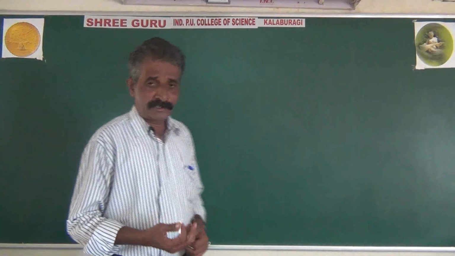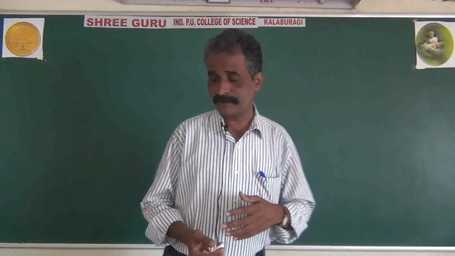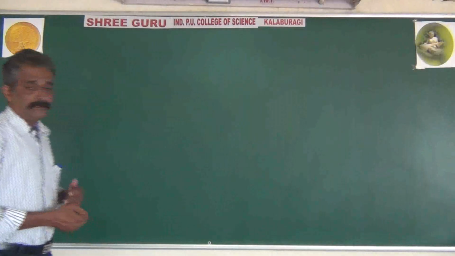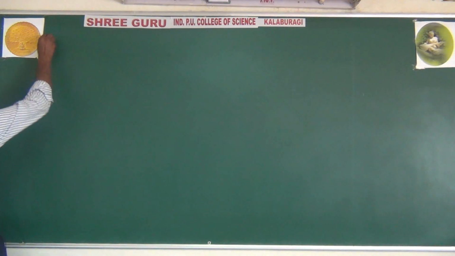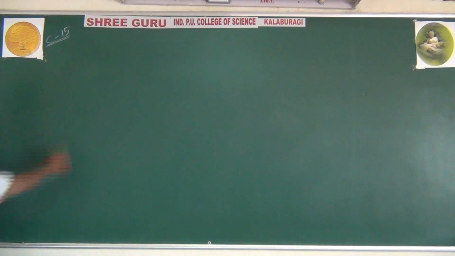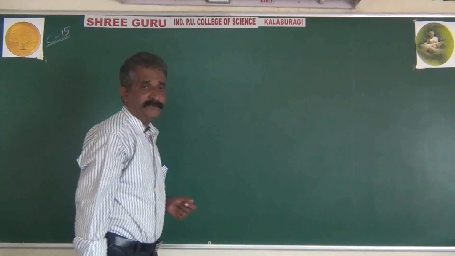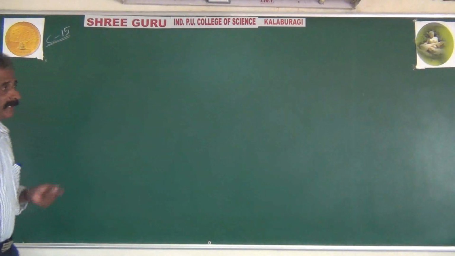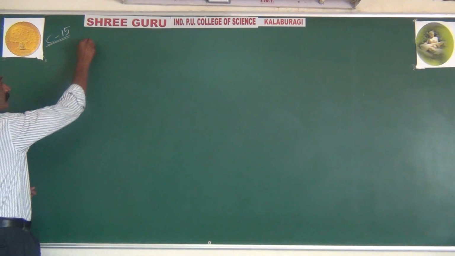Okay, students, we continue problems under type 4, that is the method of completion of square, and we are now in the 15th class, C15, the 15th class of the integration topic. We already worked some more examples under type 4, and then we move on to type 5 problems. Next question, evaluate.